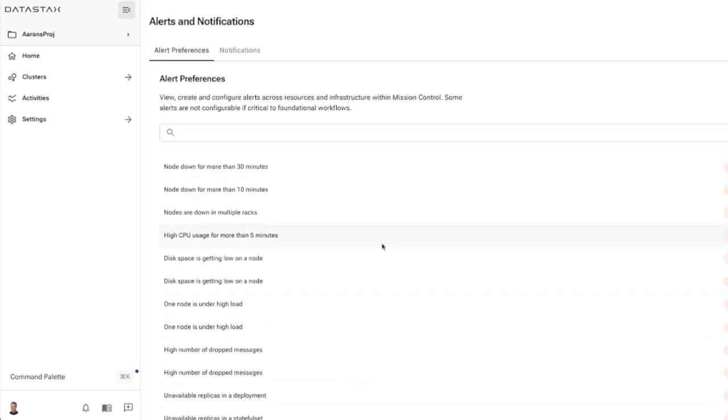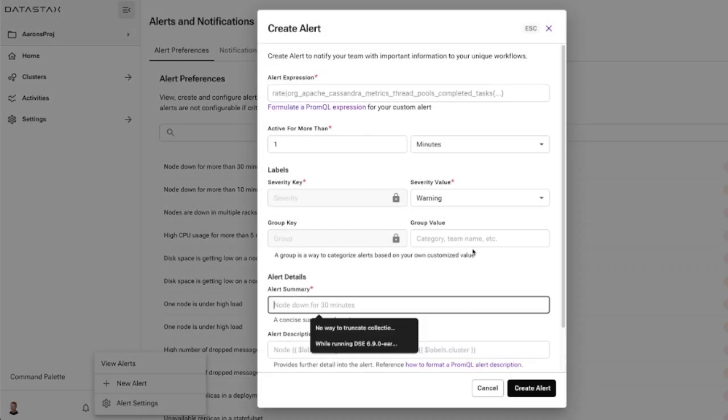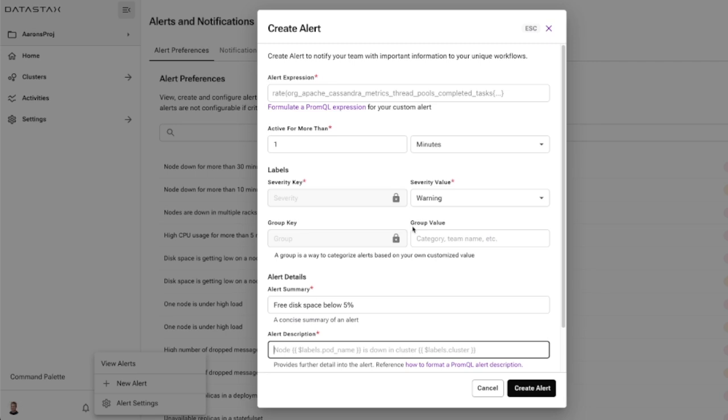So what I'm going to do is actually create a new one. So let's say new alert. So let's actually start down here. Now we'll say free disk space below 5%. All right, and then for alert description, I can say available disk space is lower than 5% on device. And here I can inject the device name. You know, if you have more than one drive or device available on your nodes,